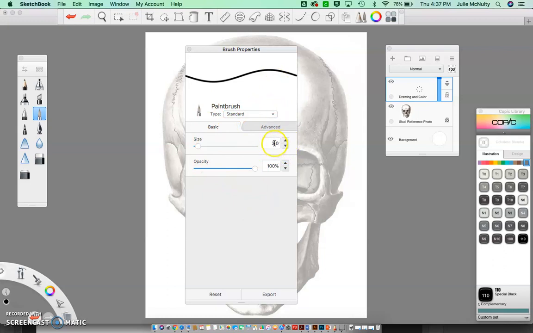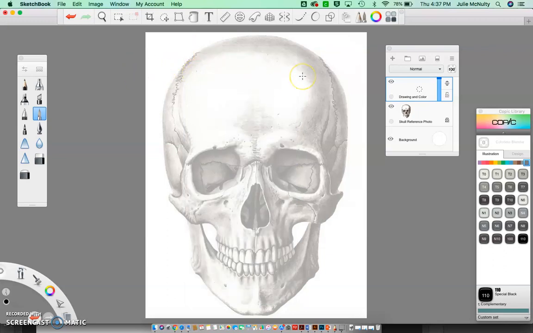So for the outline, I'm going to ask you to use 4.0. It's a nice, not too wide, not too skinny for our major outline, and the opacity is 100. Okay. Now, the next thing we want to pick is the symmetry tool so that we're not drawing the entire skull. We're drawing